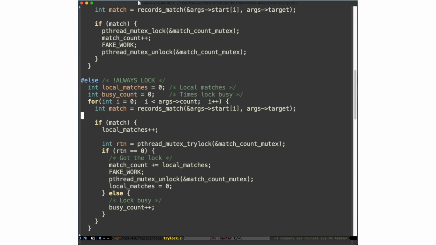The other thing that I'm doing here, purely for our ability to understand and verify that the algorithm is running correctly, is keeping a count of the number of times that I try to get the lock and fail. So busy count, another local variable, 1 per thread. If the pthread try lock fails, in other words, I can't get the lock right now,